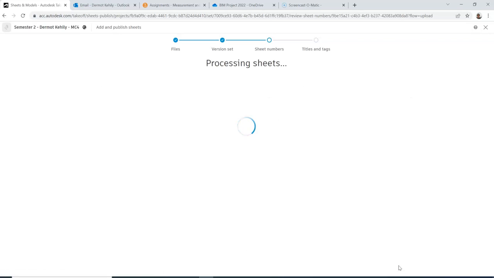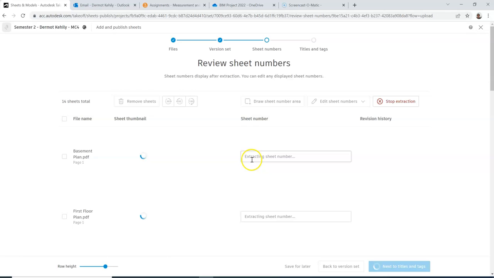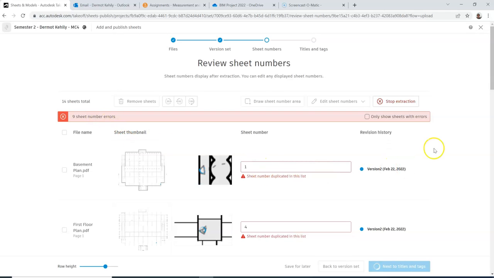numbers. Now, what I'm going to do here is number them from 1 through 14. It'll go through a process here of sheet thumbnails. It'll give us some errors, but that's fine because it's trying to locate a number on the drawing. Now, there's no title blocks on the drawings, so it won't be able to locate them, so we're going to type them in. So I know this one's the basement plan because it's written next to the actual page there,